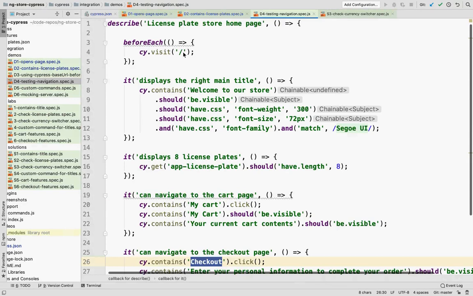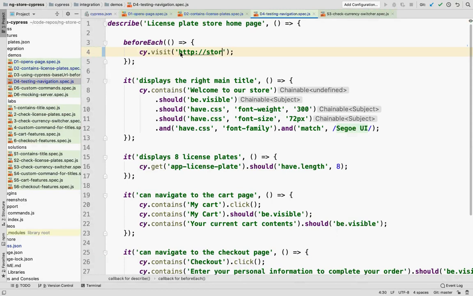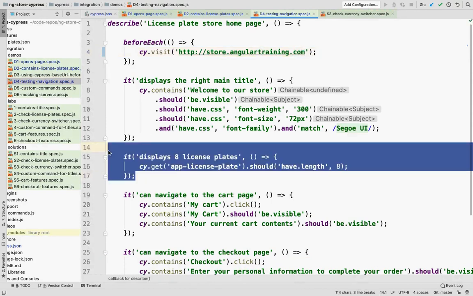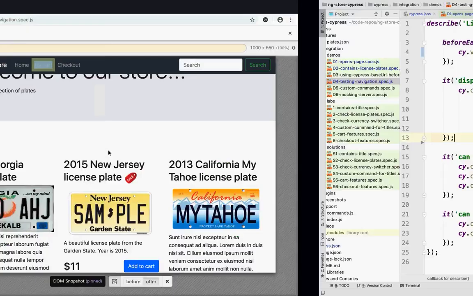And I guess for this one, I could use my other store, because this one is going to have the cart page, just so we can time travel a little bit. So angulartraining.com, I'm going to remove this test here and rerun.